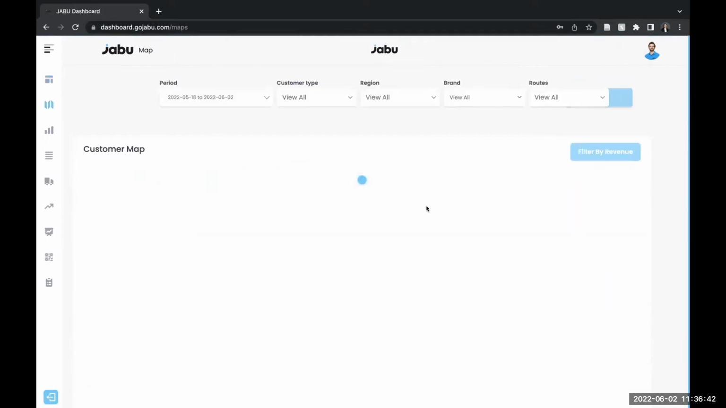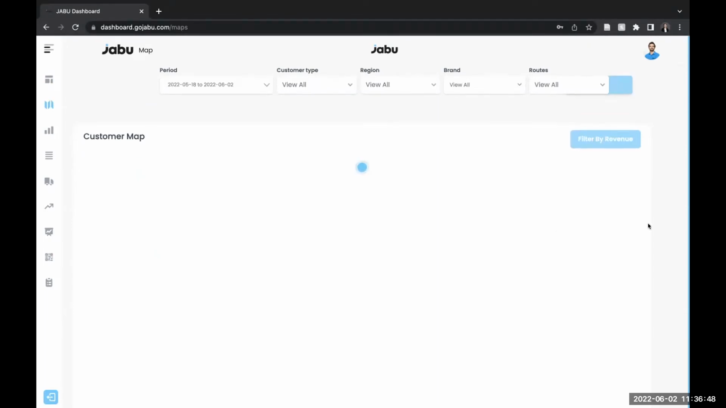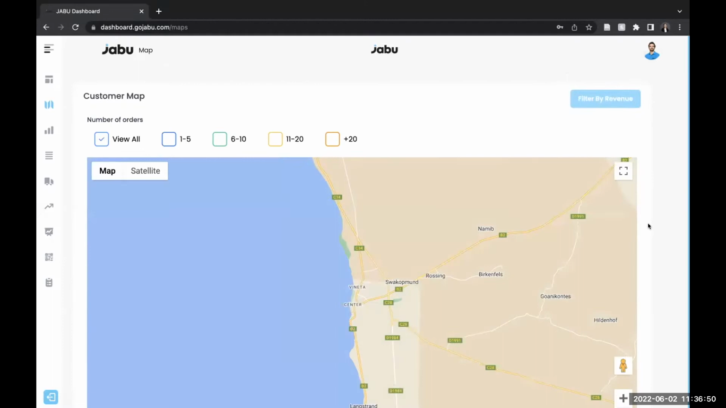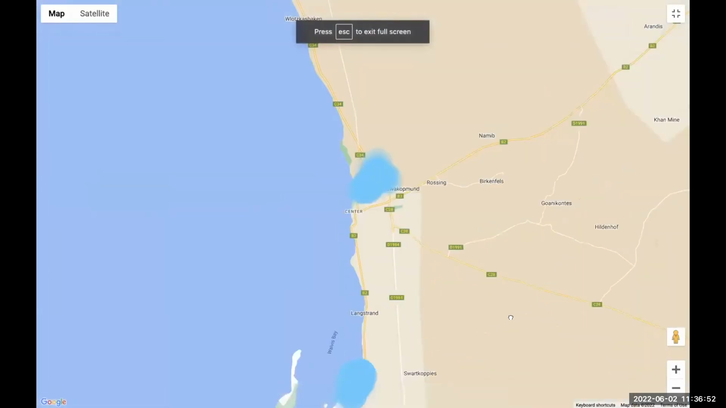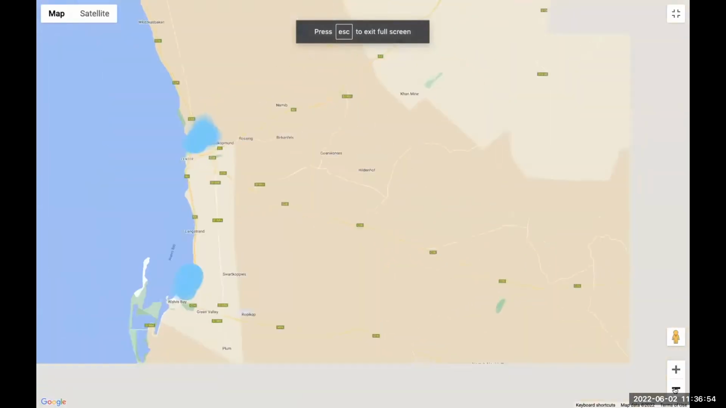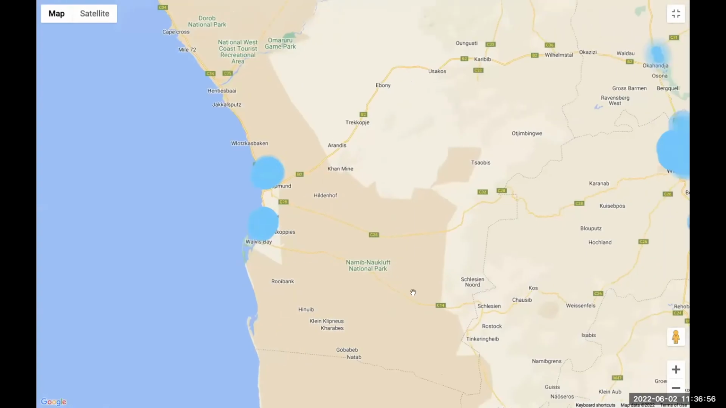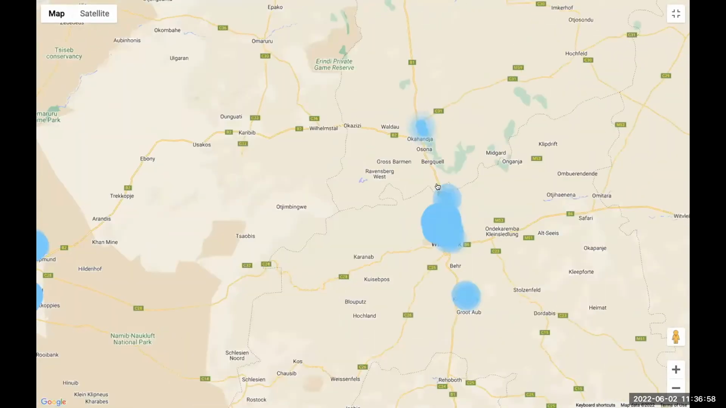The dashboard I'm in right now is exclusive to Namibia, but obviously we have one for Zambia, for South Africa, and for the other countries that we're expanding into. And here you can see our operations and where we are located. So if we go into Windhoek,